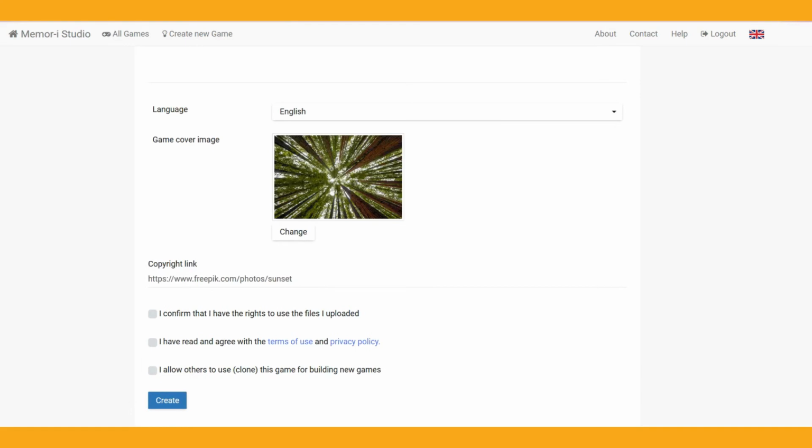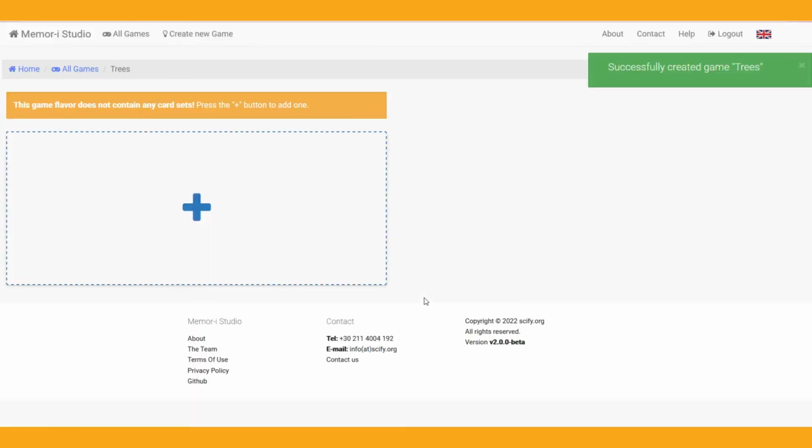You also need to check the copyright checkboxes. If you'd like, click also the checkbox that will allow others to create games based on this game.